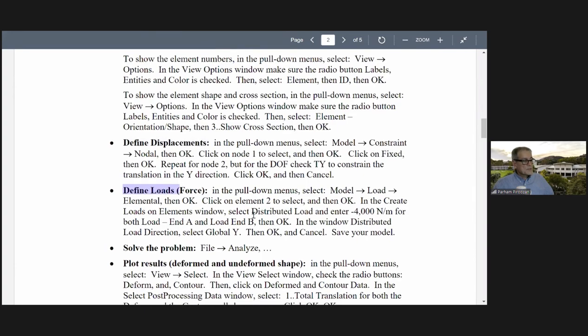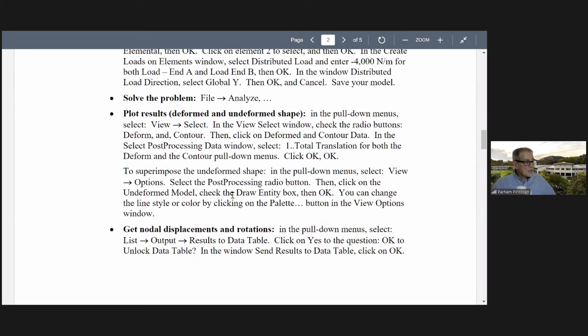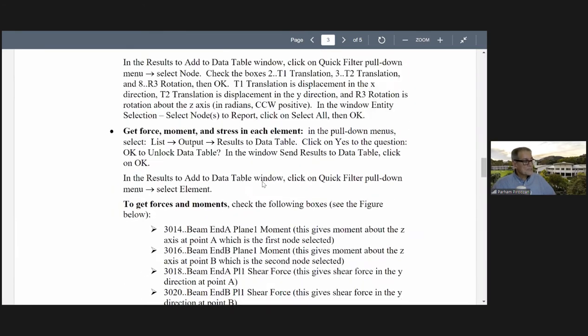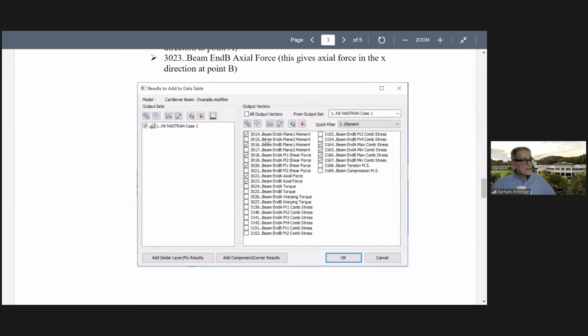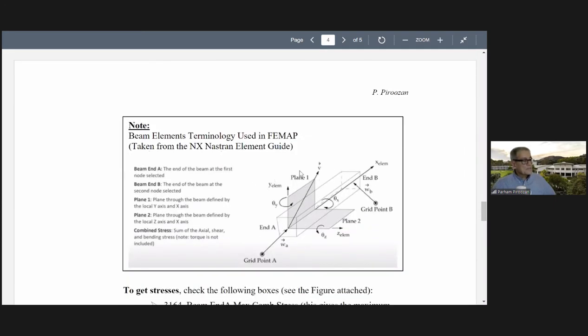This is a uniformly distributed load, again, as what you did here, and then solve. You go through these steps to define what type of analysis you want and plot the results. It describes how to do this again, get nodal displacements, get forces and moments, and it shows you what selections to make to get the forces and stresses, for example, at end A or end B. End A or end B is here, beam element terminology. In FEMAP, a beam is like this. It shows one element. So this is end A, end B,